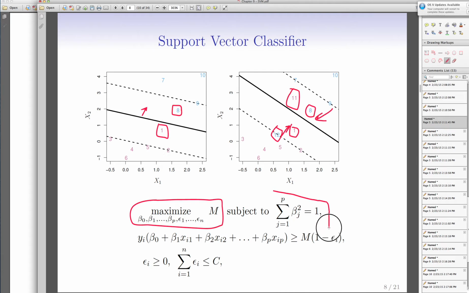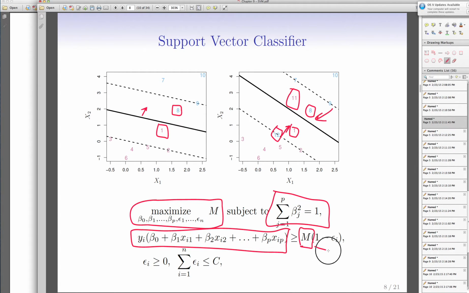So first, let's fix the norm of the coefficients of our affine hyperplane here. Second, we have the same thing we had earlier at the left-hand side of the coefficients. Remember that signified the distance of the observation. Here we have m, but multiplied by some slack, better say, being loose,